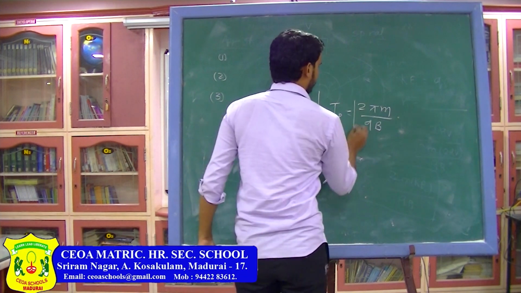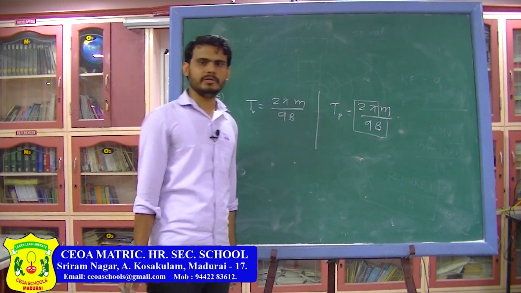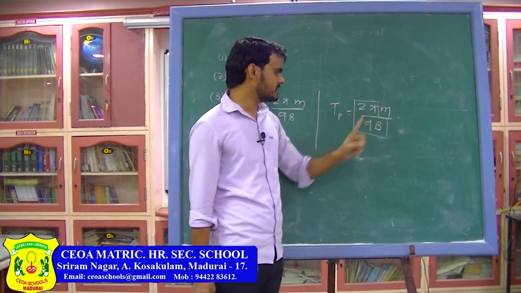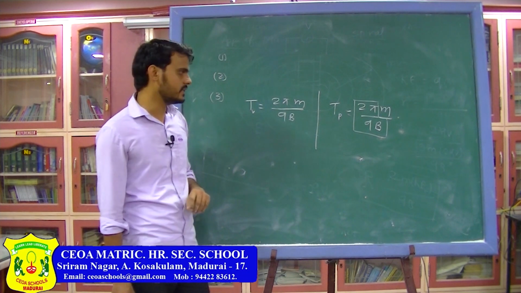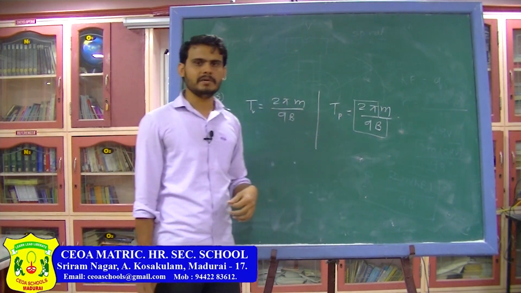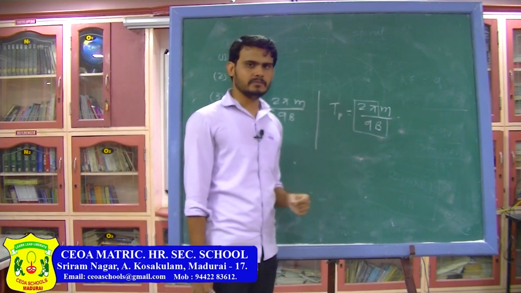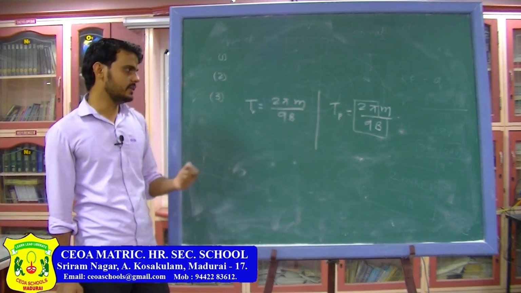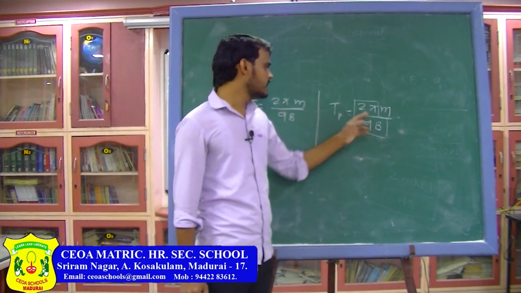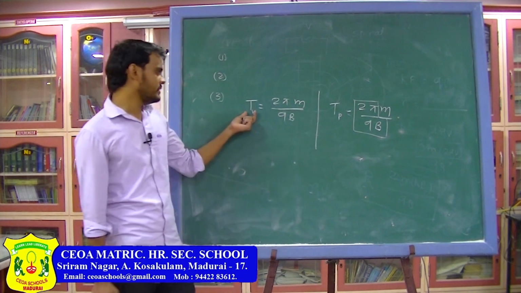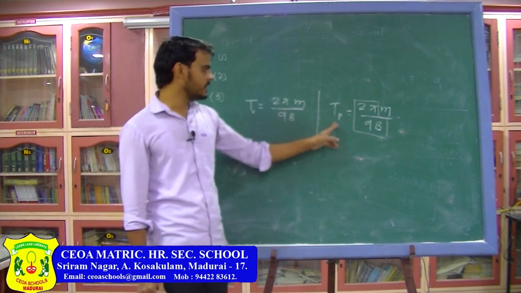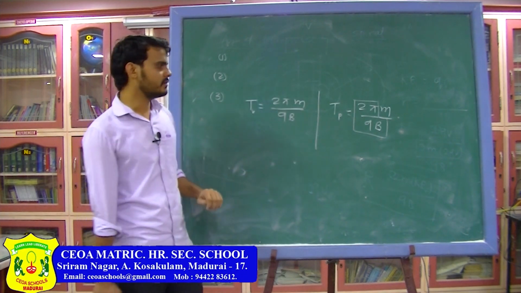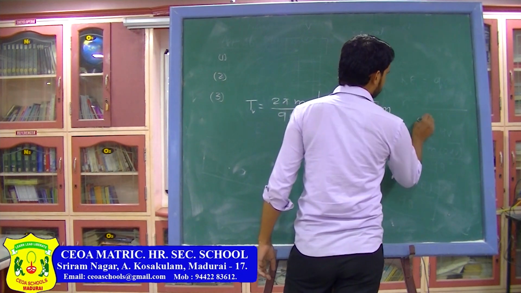As the particle is accelerating, its velocity keeps on increasing. If velocity is increasing, the charge remains the same and the magnetic field remains the same, but mass changes with velocity. We have seen this in class 11th, that mass depends on the velocity of the particle. So if you take a very small particle, in a very short period of time it is going to acquire very high velocity, and its mass is going to change. So the time period of the particle and the time period of the voltage source are not going to be equal, and it will be difficult to accelerate that kind of particle. Which kind of particle am I talking about? A particle which has very low mass, which is the electron.